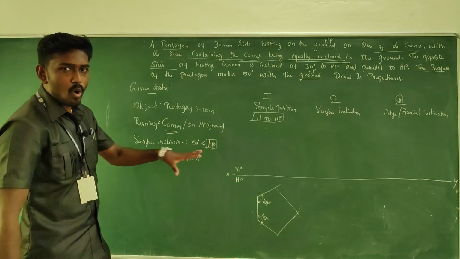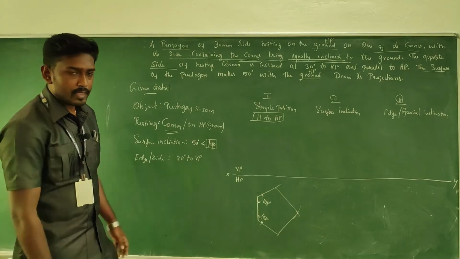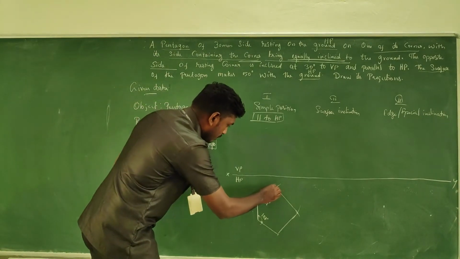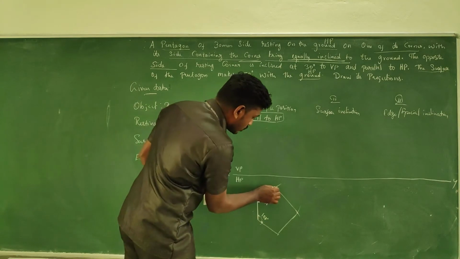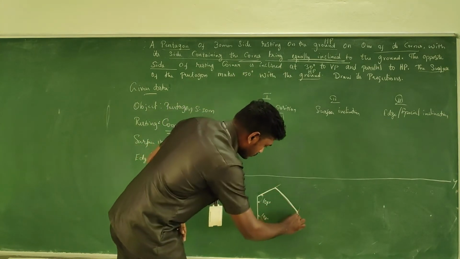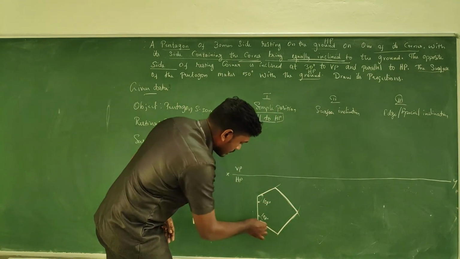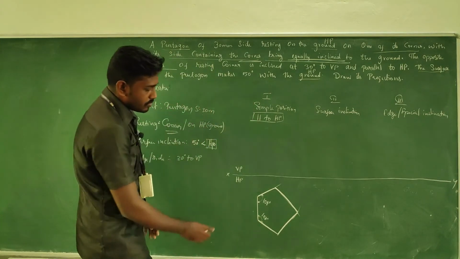Then by connecting all the lines we got the shape of the pentagon, the true shape of the pentagon in the top view. So make it a dark one. Okay,